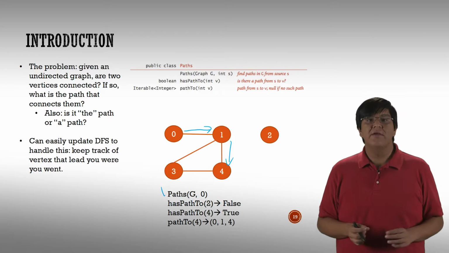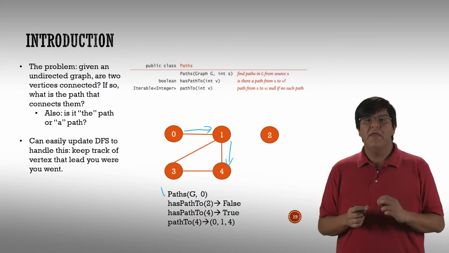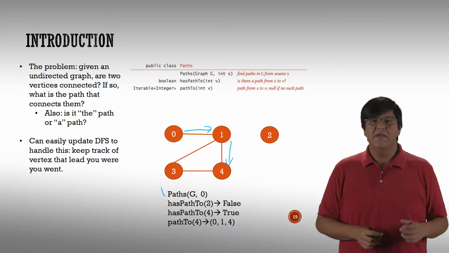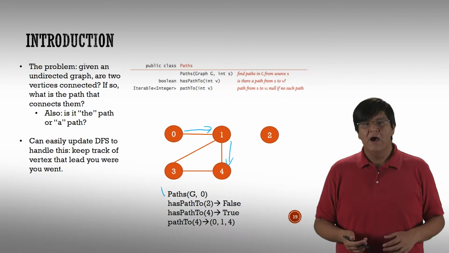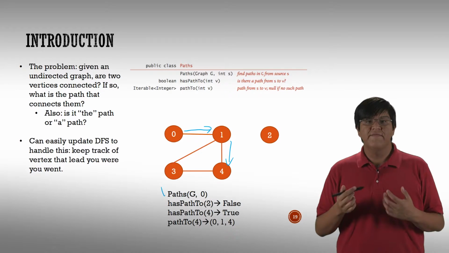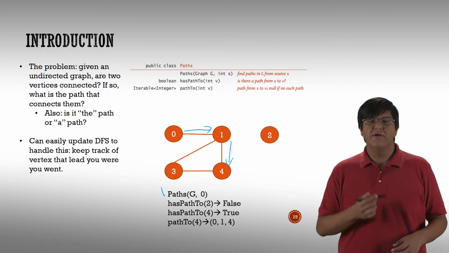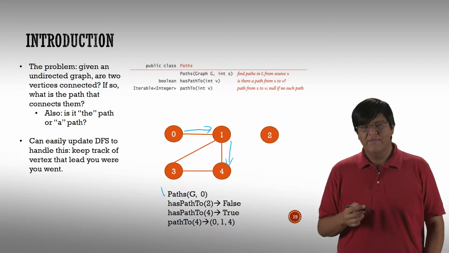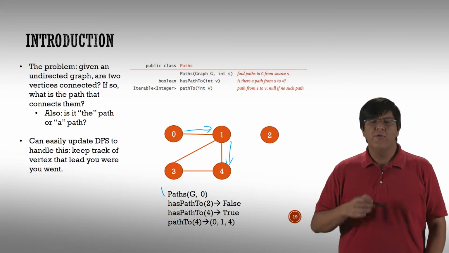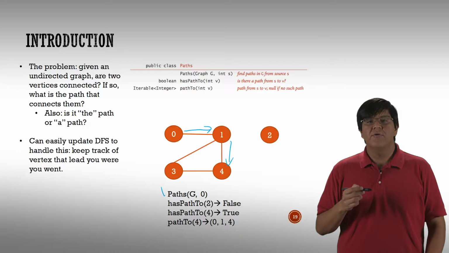So the point here in this initial thing is we just want a path. Some path, it could be any path, that gets us from 0 to 4. That's what we care about right now, and that's going to be our current problem. And for us, it's actually going to be enough to update DFS to track how it moves through the graph in order to get an answer to that: what is a path from 0 to 4? Now, that by itself maybe isn't the only thing I want. A better question to ask, and the one we'll try to get to, is